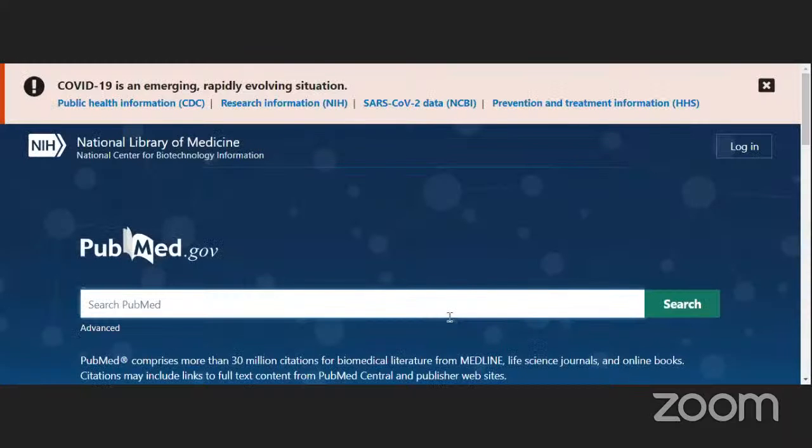There are different research databases. Google Scholar is one, Web of Science is another one, Scopus is another one, and PubMed is a research database which is published by the National Library of Medicine, USA. Now, one of the main advantages is you can... so there are various ways to search it. I will just keep it simple and I will go to the advanced feature here because I want to search